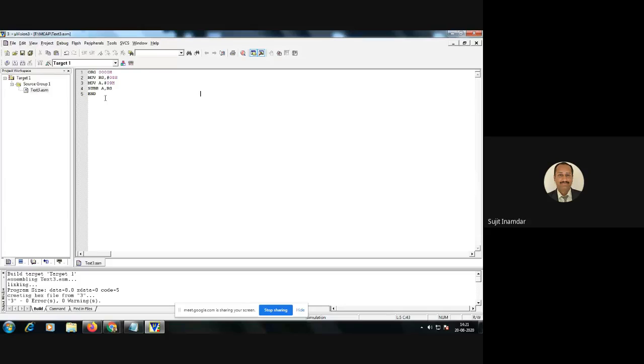For multiplication, what changes are expected? Okay, I got the answer, so I will just copy that answer. #02h, move A, #03h, mul A comma R0. Okay, now here